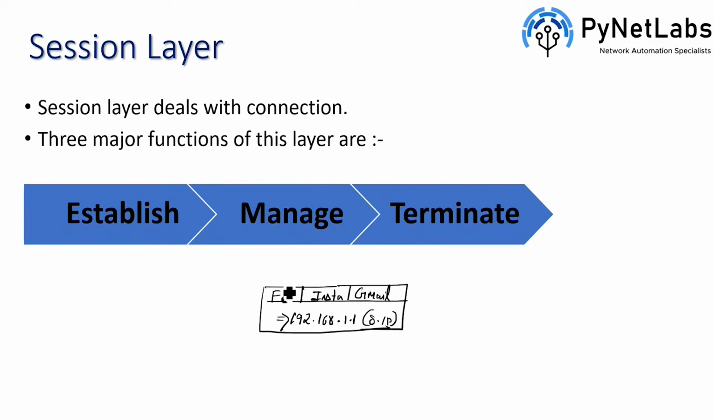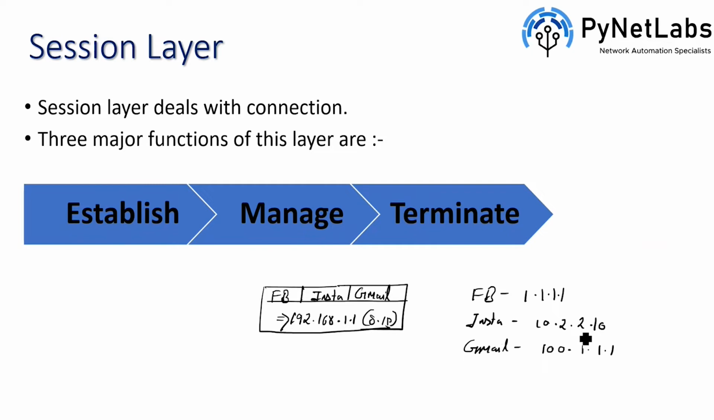For example, Facebook will have its own IP like 1.1.1.1. Instagram will have its own unique IP, let's say 10.2.2.10, and Gmail would have its own IP. Let's say Gmail has 100.1.1.1. So whenever you are requesting any data from Facebook, you will be sending some data to Facebook. In that case, when you are sending the data, your source IP will be the client IP,